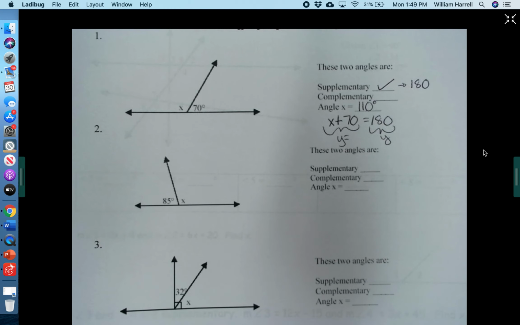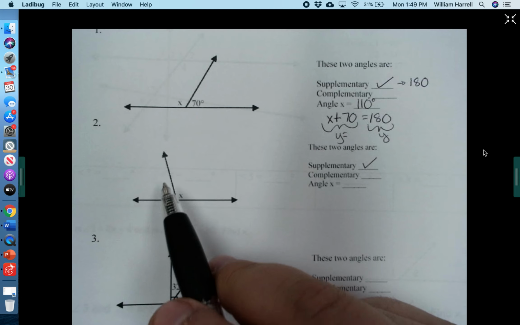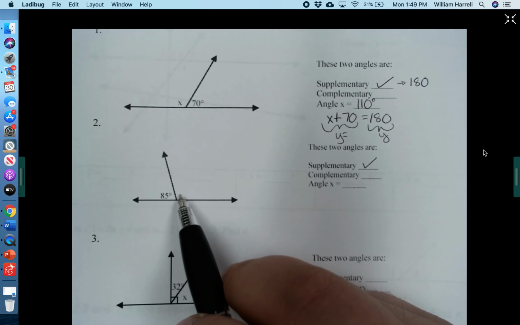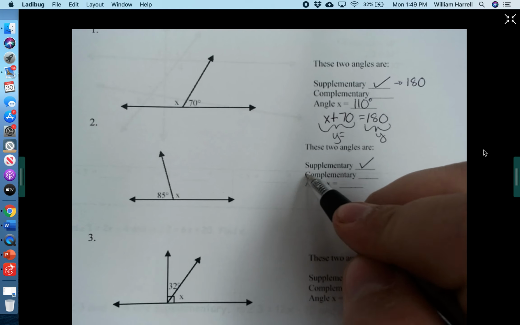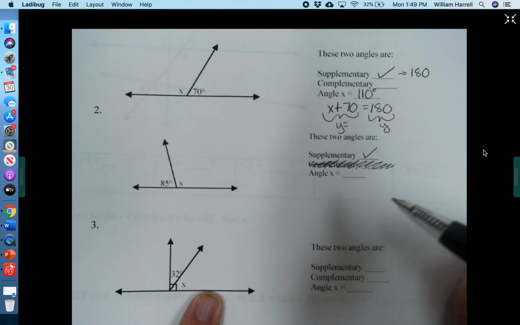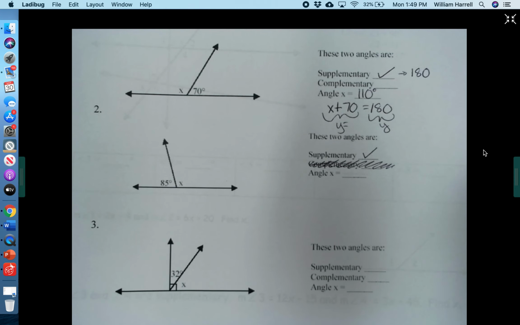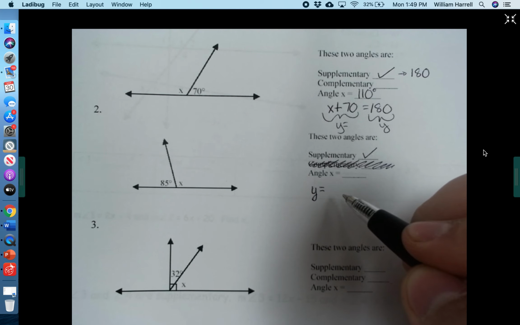Alright, so your number 2. First off, are these supplementary angles, complementary angles? They are supplementary because when I cover their common ray, I'm left with a line. Okay, so they're not complementary, they're supplementary. Now, what is your equation going to be? It should be y equals